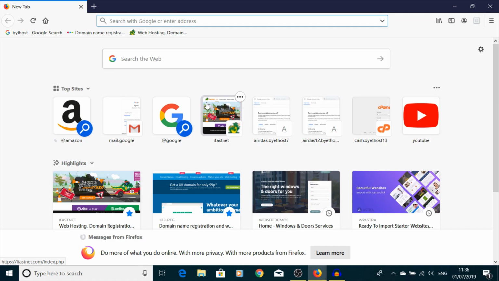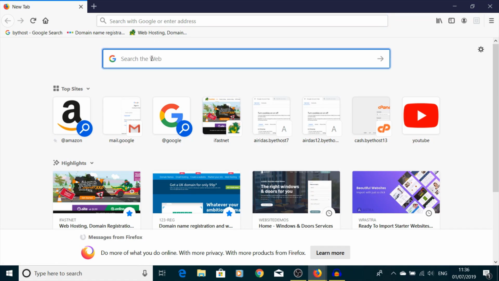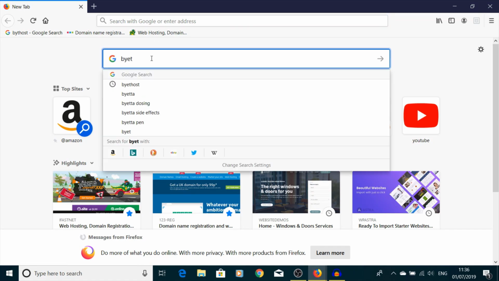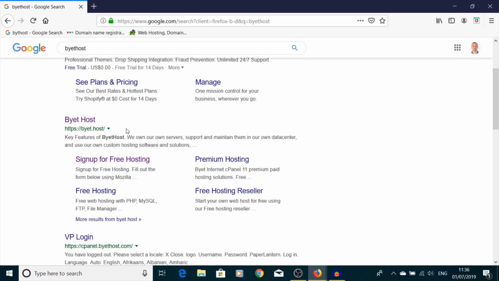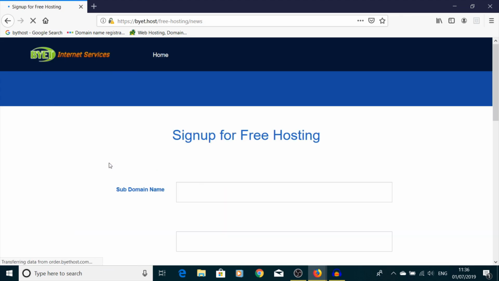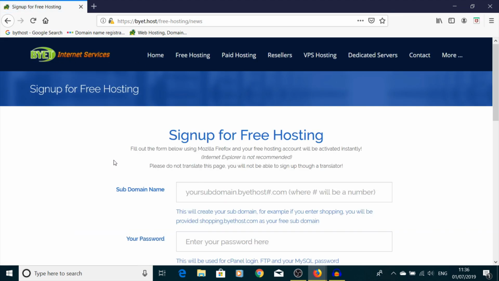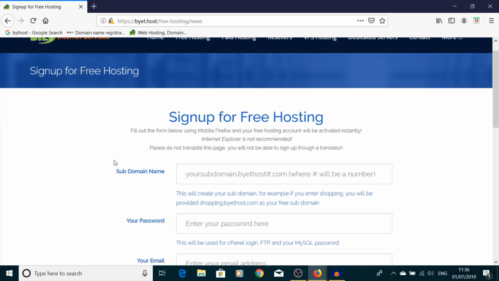You need a hosting place. I would recommend buy the host. So just go to Google and type buy at host and you should go there. Just find sign up for free. You just press sign up for free and then you need to